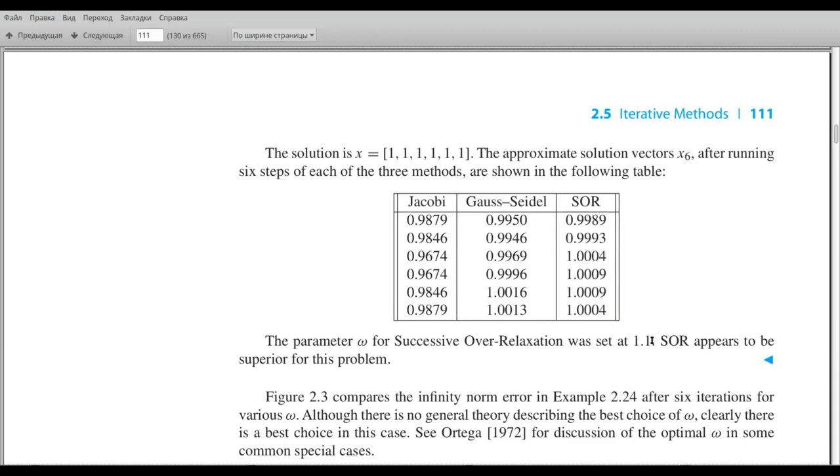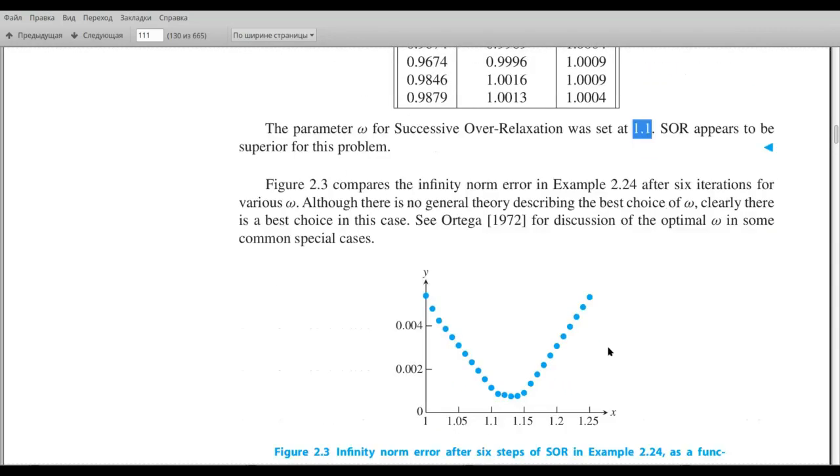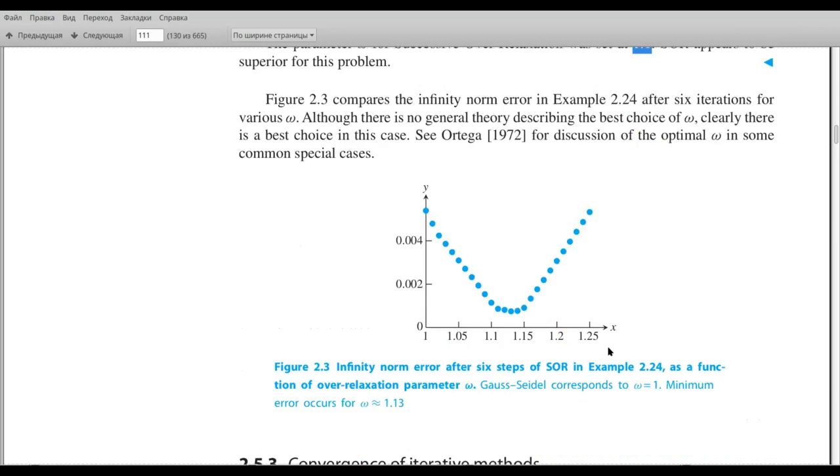So here we have chosen omega to be 1.1. So now we can really investigate the problem. This is another example. But the idea is the following. So you see,